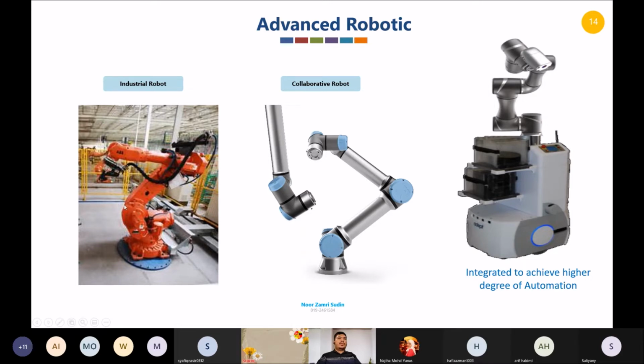So right now in Industry 4.0 they came out with this collaborative robot, or the short form is cobot. We call it a cobot. So this robot can work with humans. If it senses a human nearby, it will stop work for a while. They will stop doing their task until the human passes through the dangerous area. Then the robot will resume their work again. This kind of robot is very useful because right now human and robot can work together. That's why we call it collaborative robot.